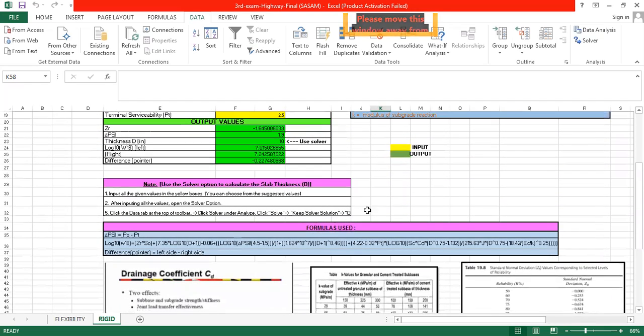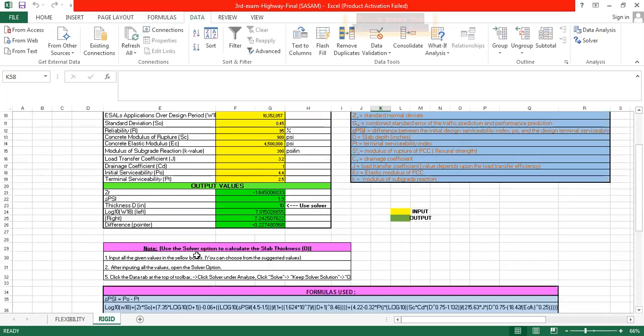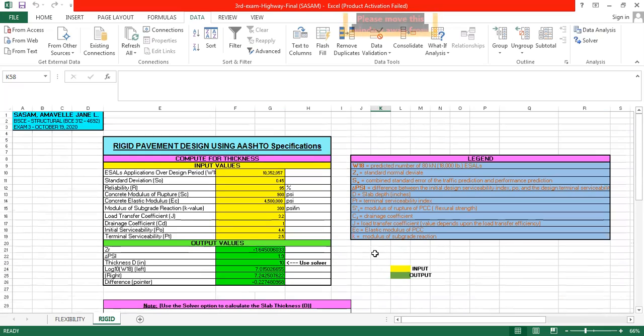And we also have here the formula being used, the total PSI and the log 10 W times W18, the difference pointers. So for the legend, W18 is the predicted number of 80 kilonewton, same as for the flexibility, the Z, which is the